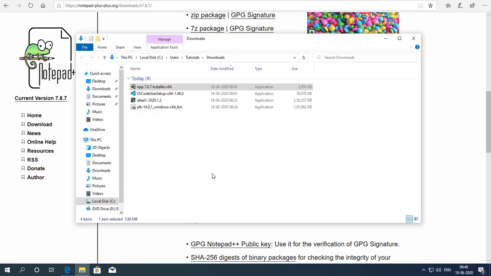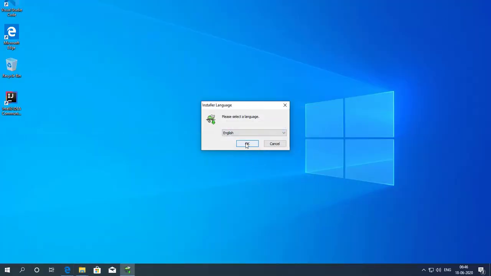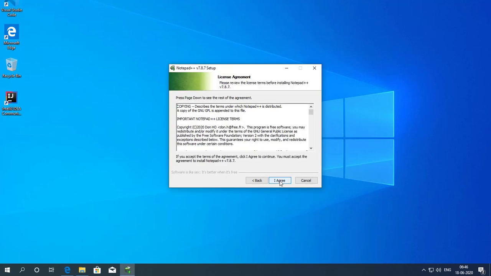Click yes. Select your language. I am using English, click OK. This is the welcome screen. Click on next, and agree to the terms and conditions.